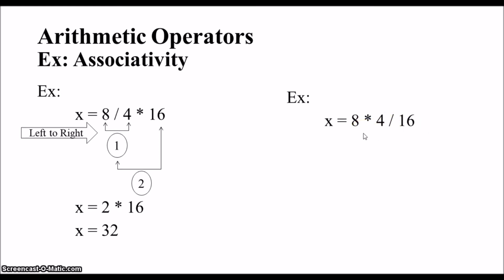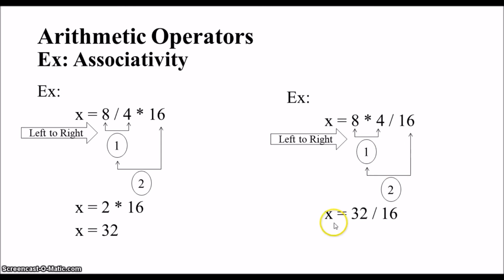In that case, both multiplication and division have the same precedence, so start evaluating from left to right. First you are supposed to evaluate 8 * 4, and with this result divided by 16. So 8 fours are 32, divided by 16 is 2. If you just see the difference, the operands are the same, only the operators' places are different. Can you see the difference between the answers? Hence priority, that is precedence, and associativity both are important whenever you are evaluating any complex arithmetic expression.